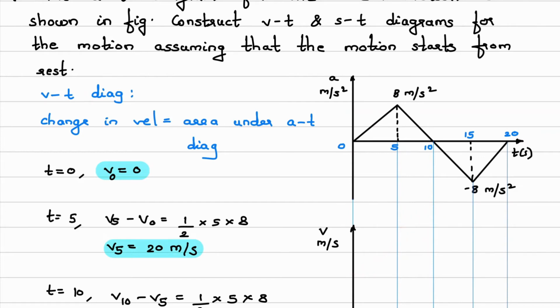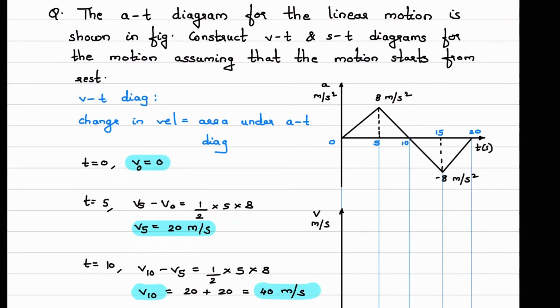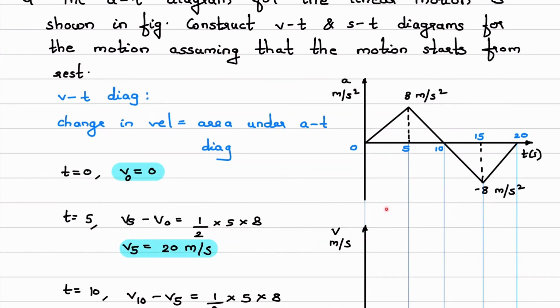Now after that, observe this curve from t equal to 10 to t equal to 15. What will be the slope of this curve? We have to calculate acceleration. Acceleration is dv by dt. Now acceleration is increasing in this direction and it is negative. So the slope should increase in the negative direction. Slope increases in the negative direction, this should be the curve.